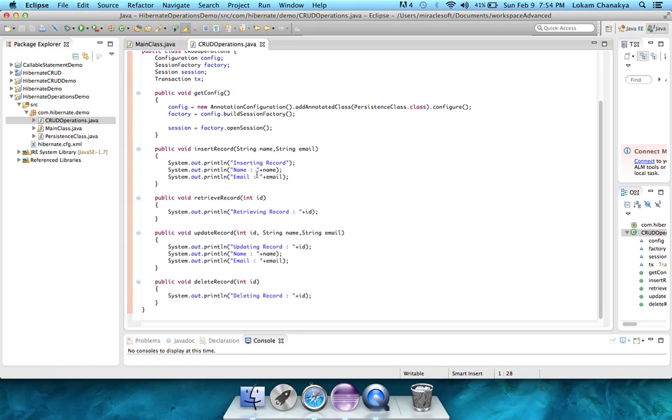So now, in each of the following videos, we're going to see how we can actually use these methods and insert into the database. So we'll start off with insert record in this particular tutorial. The first step would be to take the string name and string email and put it into an object of type persistence class. So for that, let's create